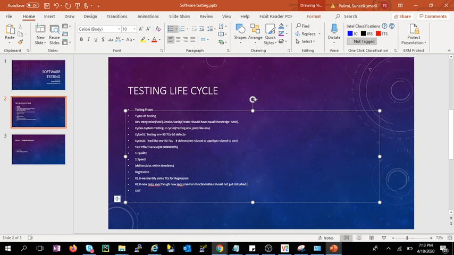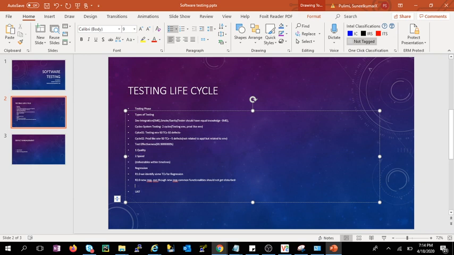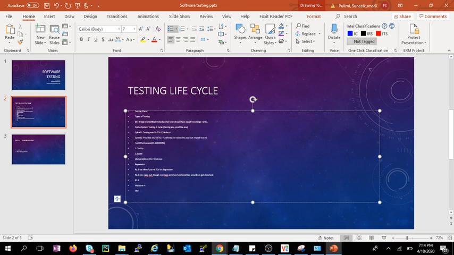That's why whatever test cases we have chosen during 1.0, the same test cases we are going to execute during 2.0 as well. Again, in 3.0 also we are going to execute the same test cases, because we have to make sure that existing functionalities